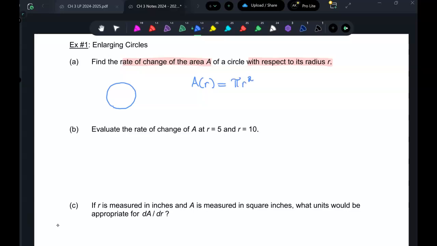Am I supposed to do that? Yes, absolutely. Pi r squared. You definitely need to know pi r squared. Is it pi r squared or 2 pi r? There you go. 2 pi r or